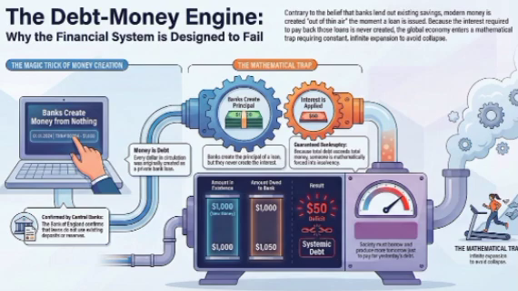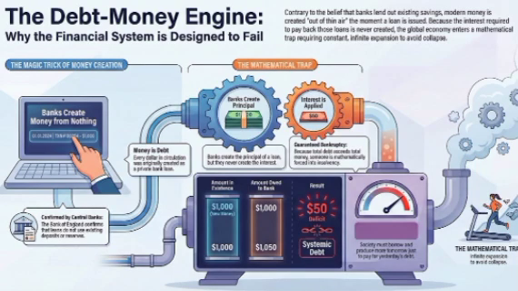Well, if the middleman theory were true, Werner would have seen a transfer of funds from a reserve account or a depository account into the borrower's account. A simple A to B transfer. But that is not what the software recorded. He found zero funds transferred from anywhere else in the bank. Zero external reserves were drawn down to cover the loan.